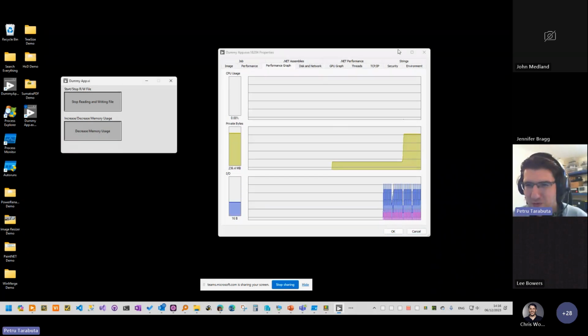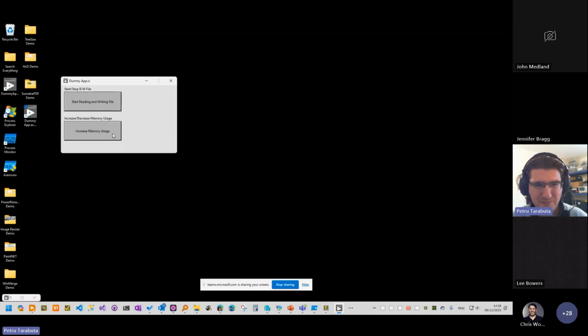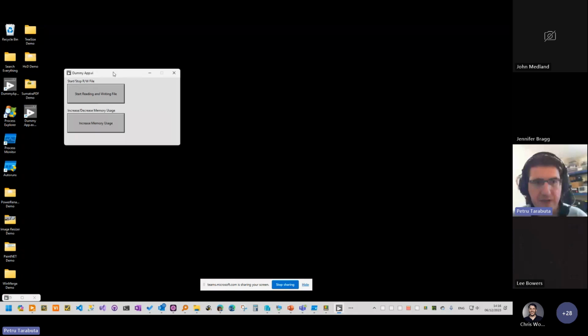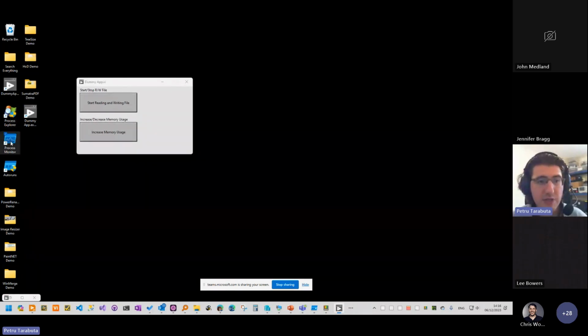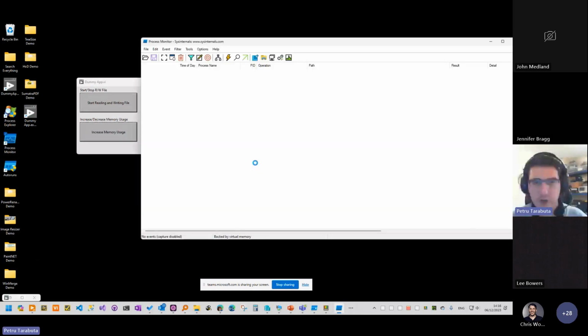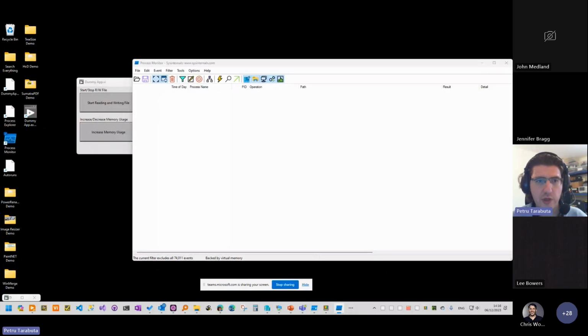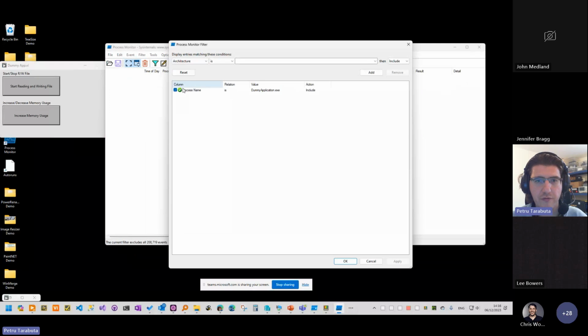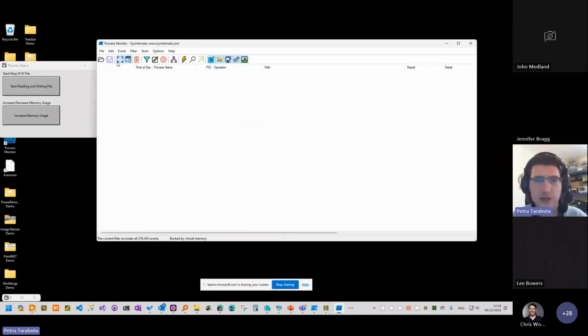Okay, so now I will move on to the next tool. The next tool in the Sysinternals suite is Process Monitor. So I will fire up Process Monitor. Okay, we get this window here. And what this application does, let me remove a filter here. I will explain in a second what I'm doing. But what this application does, if I toggle on this capturing,